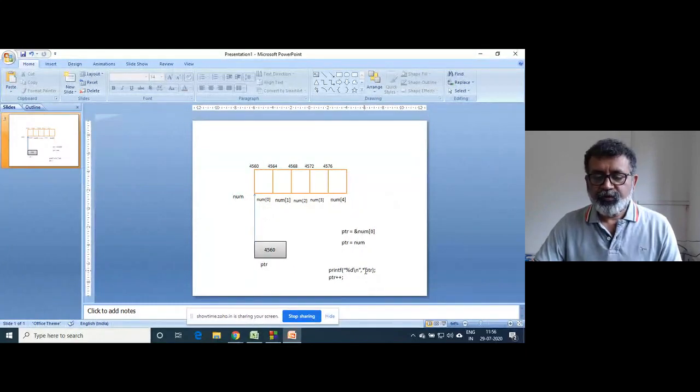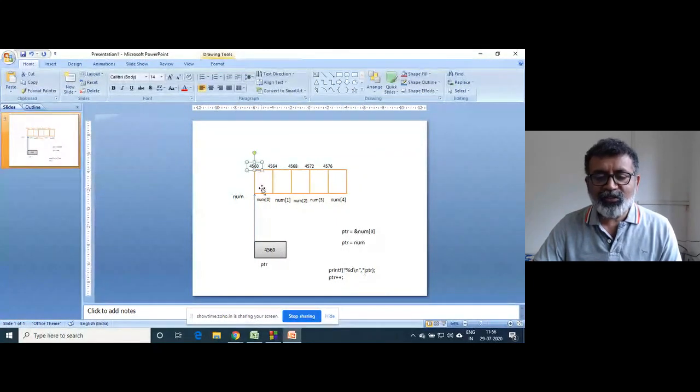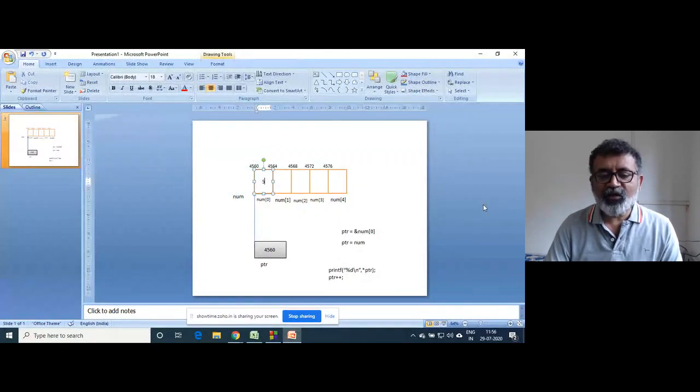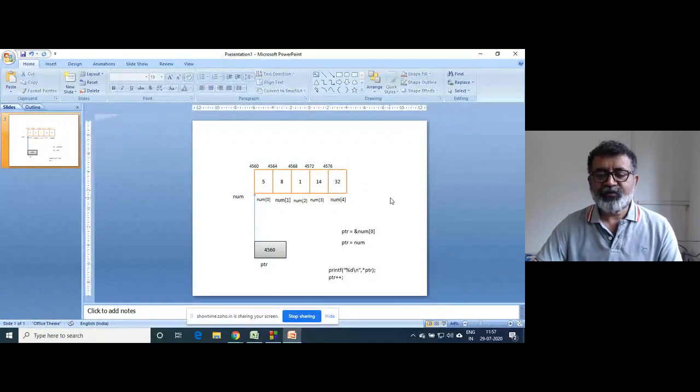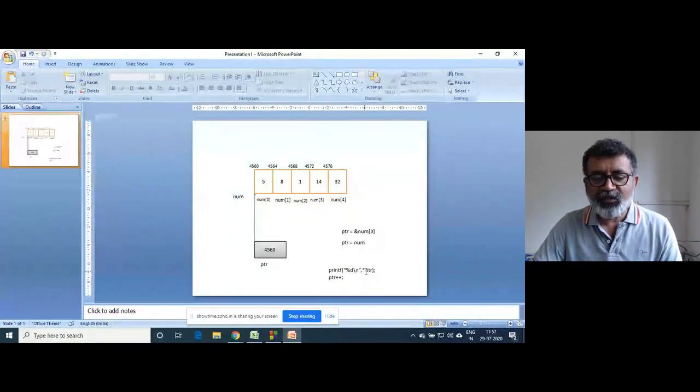So what is ptr? 4560. What is star of this? The value inside this. Suppose 5 is there, 8 is there, 1 is there, 14 is there, and 32 is there, whatever. What is star of this? 5.